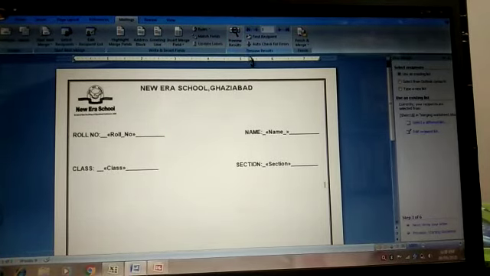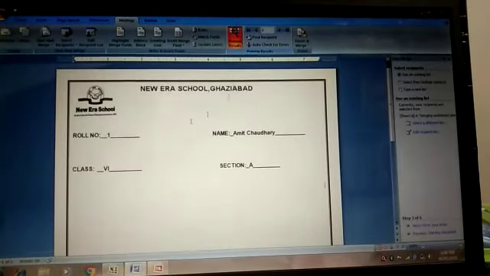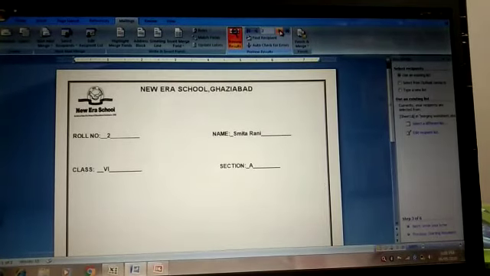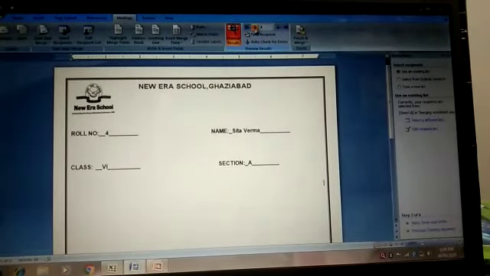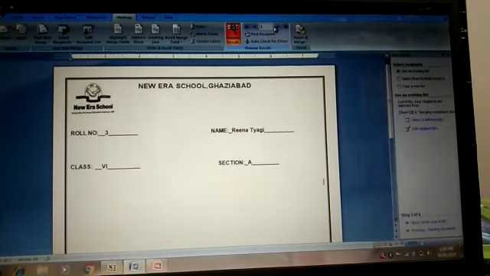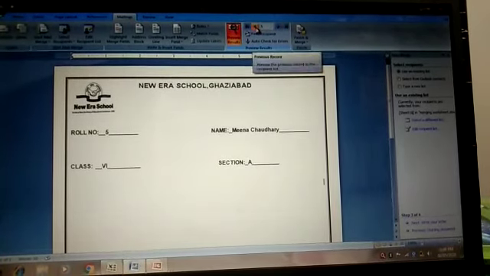Now what we will see, we'll check it out. Here you can see preview results. We'll see all the results one by one. You can see first was Amit Chaudhary. It is showing here. Now what is the next? It's Smitha Rani. And what is the next? Third is not showing. Let me click it properly. Now it is showing the third record also. Now the fourth record and the fifth record. Clear? Right?